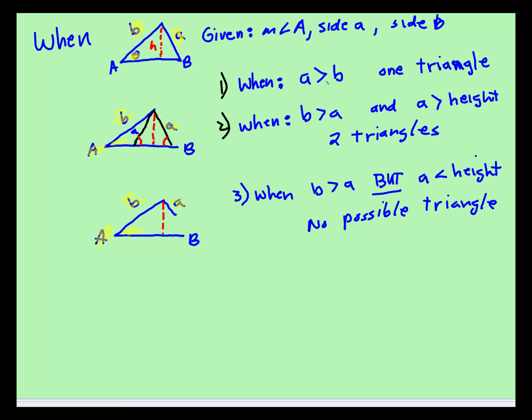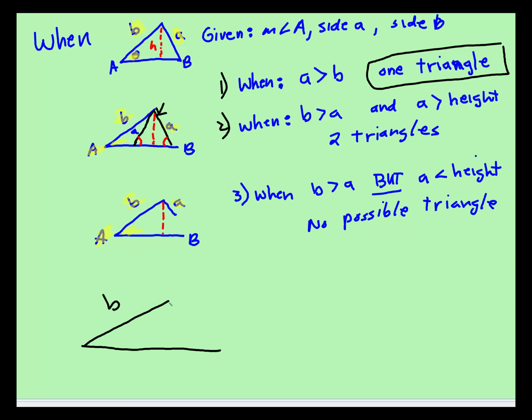When side a is greater than side b, you're going to have one triangle and you're good to go. When side b is bigger than side a, and when a is larger than the height, you're going to have two triangles. Look at this. When b is bigger and then a drops down, well, a could drop down there or a could drop down there. So you're going to have either this obtuse triangle,